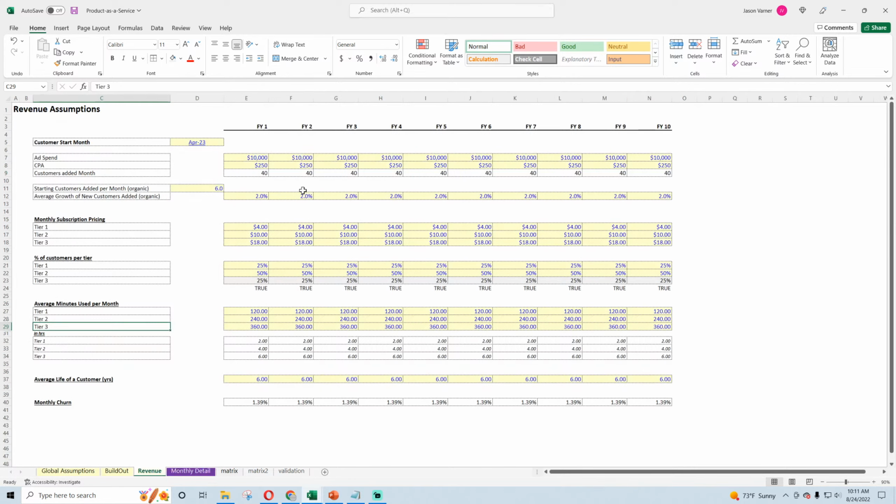So I can do some cool conditional formatting and formulas so that it is as easy as possible, but I can't directly link the customers to drive this number here. This has to be a manual input, and you just have to measure it. So I think that's the best way to do it. So that's what's going to happen.